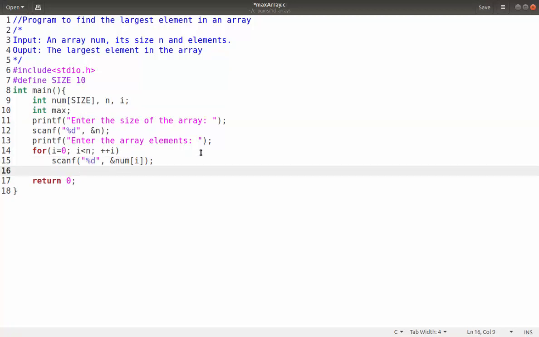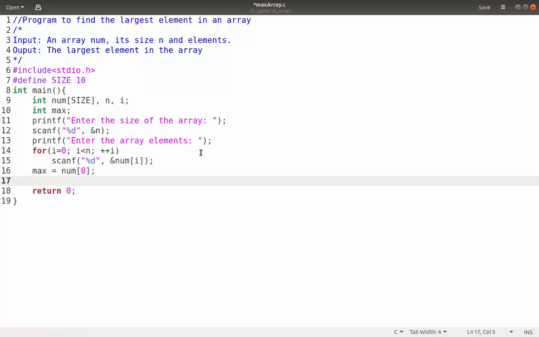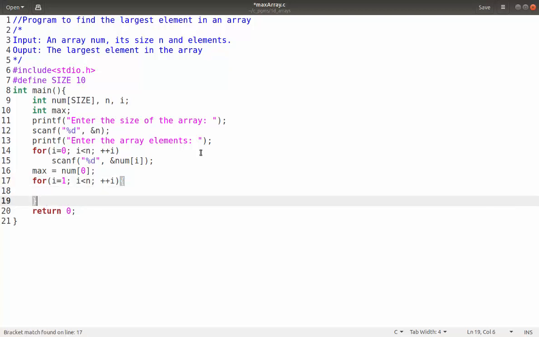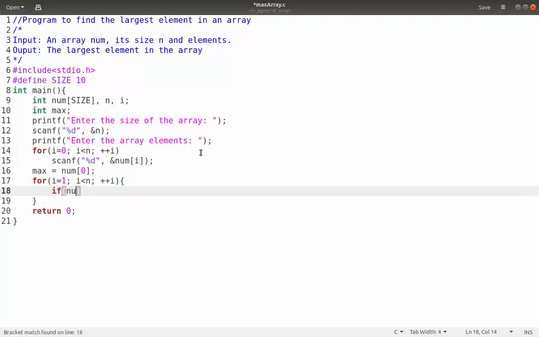So once the size and elements of the array are read, initially I'm just going to assume that the largest element is the element at index 0. It may not be the case, but I'm just assuming here that the first element, or 0th element, is the largest element. Then I want to compare this max with every other element in the array. For that I'm going to write for i equal to 1, i less than n, then ++i, then if num of i